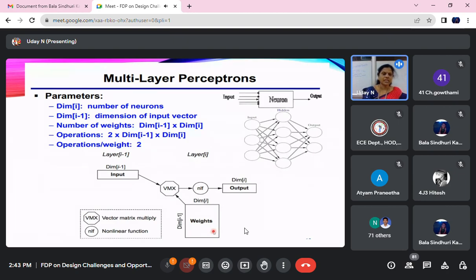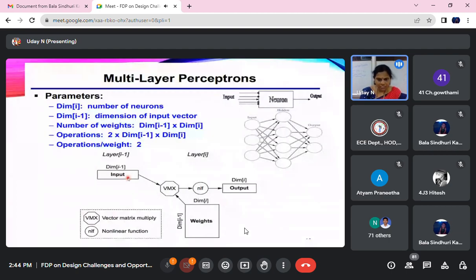So if you take here, this is the vector matrix multiply. You have the number of inputs. So this is a hidden layer. Here this hidden layer is determined by a vector matrix multiply. The input is a vector, the weight is a matrix. You see here the input is an I minus 1 by 1 vector, and you can see these weights are two-dimensional, so this is a matrix. So here you have to perform multiplication between a vector and a matrix.